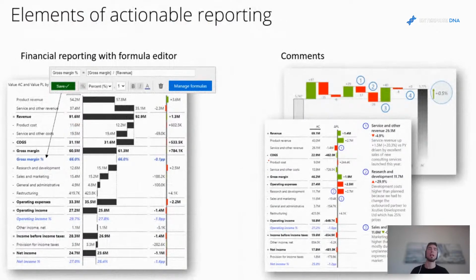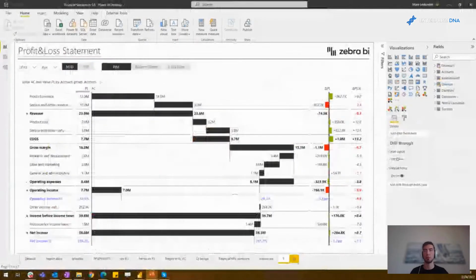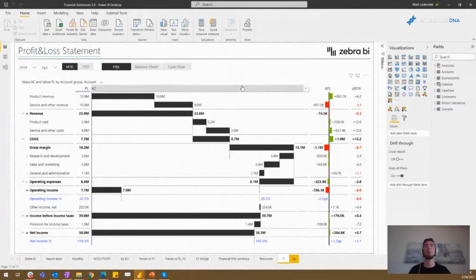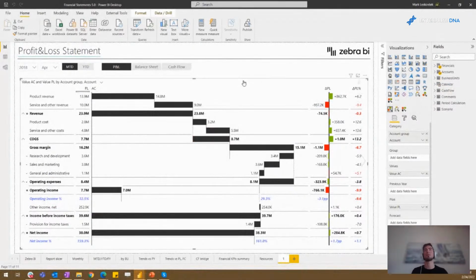Using this functionality in maybe just a sales environment or any sort of comparison can be, of course, good. But a really key element of actionable reporting in finance is, of course, showing different financial statements. And for this, you can use, again, the same 2 or 3 visuals here. So you can just go into this next example, and we have a tables visual here that has a structure